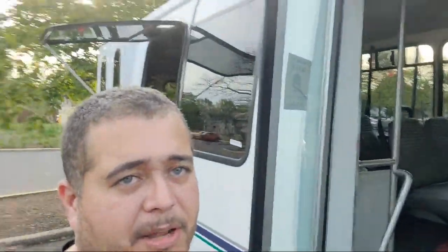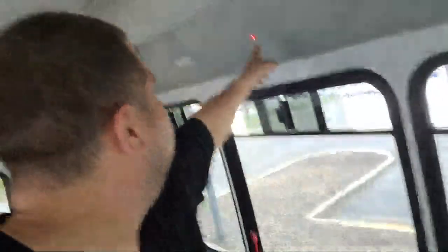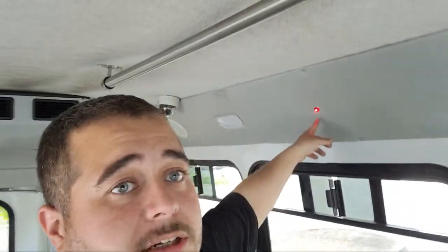But the problem is there's these red lights that are above the emergency exits. I got some air going on. I got the emergency exit open right now. So above every emergency exit is a red LED light, as you can see here. There's one here, and there's one there, and there's one in the back. Every emergency exit, whether it's a window or a door,